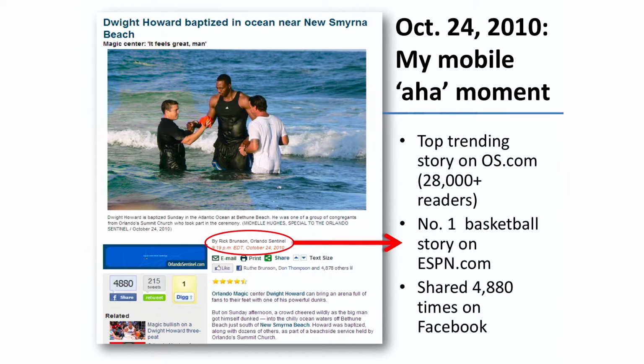And Dwight Howard had an epiphany that day about his spiritual journey. I had an epiphany about the power of mobile journalism and what these devices can do as a tool of storytelling that up to that point I had not seen or experienced. And in that moment, saw how a story could have a huge and immediate impact just by telling the story and using this device to tell it. And so